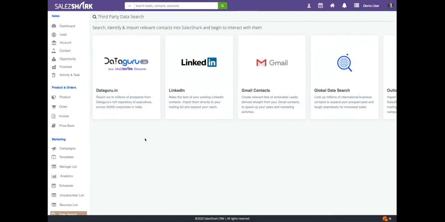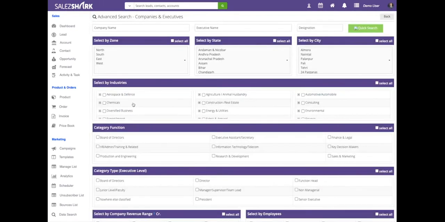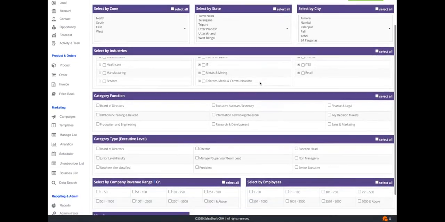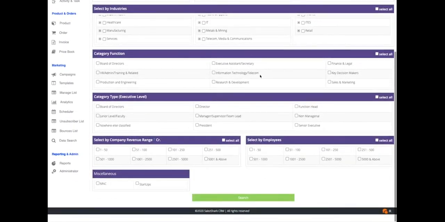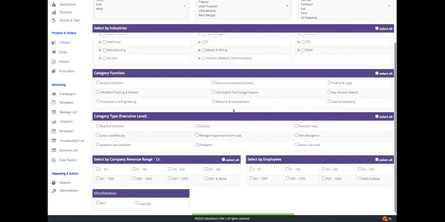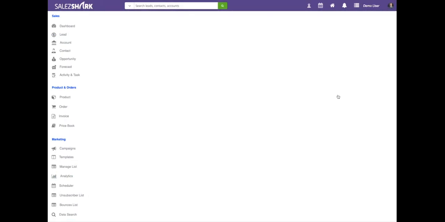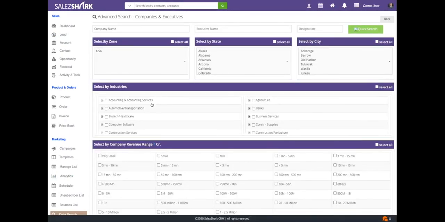Okay, let's suppose that you are an organization and you want to have a database in place and you want to reach out to them. What Saleshark does for you is that it provides you a repository of databases that you can look out for. For example, once you have clicked in this app, you will get these different filters that you can apply, and you can look out for your prospects using these different criteria, right? We also have this one more app called Global Data Search that helps big business organizations globally to look out for prospects.